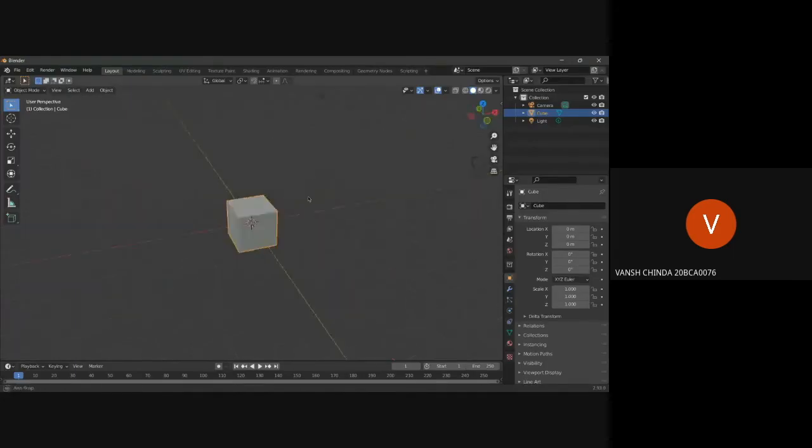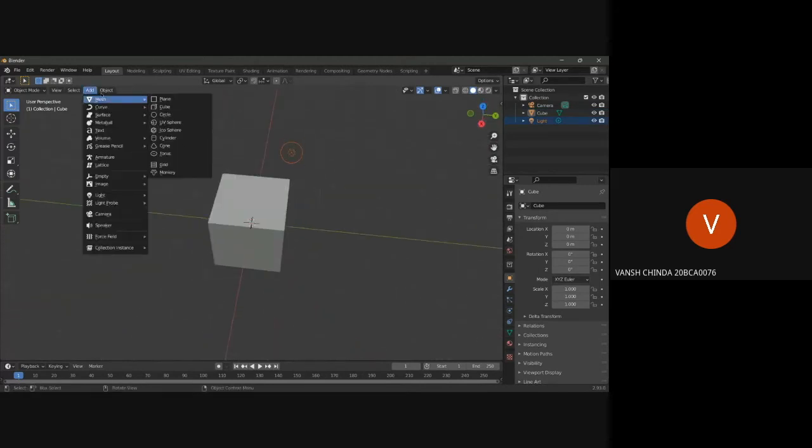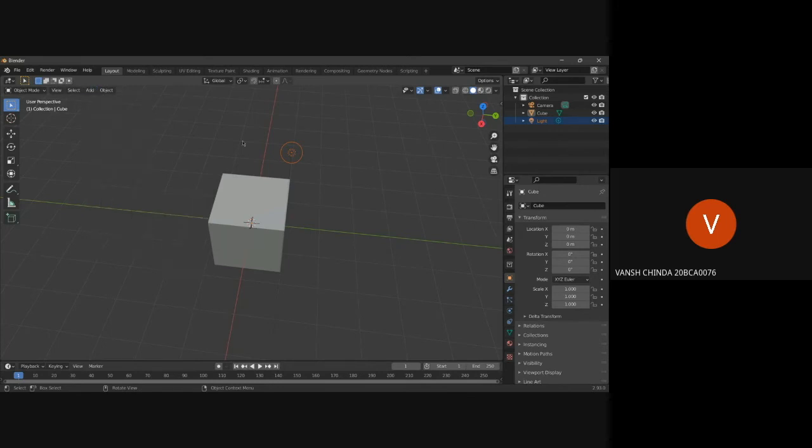A cube generally means a 3D object. You can do 2D animations in this as well. So it gives you a point light. There are 4 kinds of light in Blender, I believe: point light, sun, spot and area. These lights are very similar to the lights you will see in Three.js, so if you understand it here, I think it will be really easy to understand Three.js.